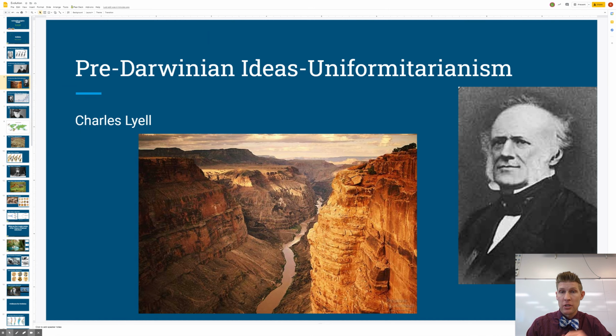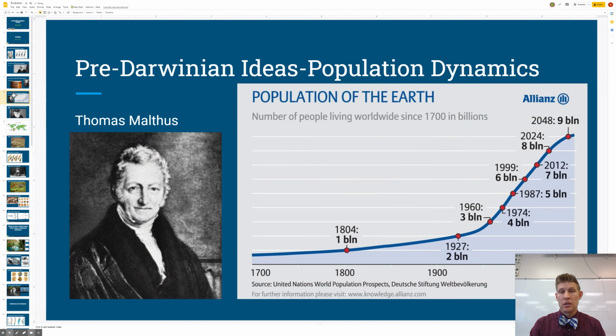And this really affected Darwin, because he's looking at fossils and going, oh, well, if evolution happened back then and nature was selecting for traits back then, it must be happening now. So, pretty interesting. The last guy that influenced him was Thomas Malthus. Malthus was a population dynamics person. He also studied finances and things like that. So, he was just a numbers guy.